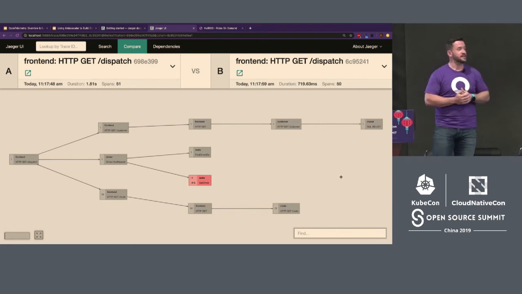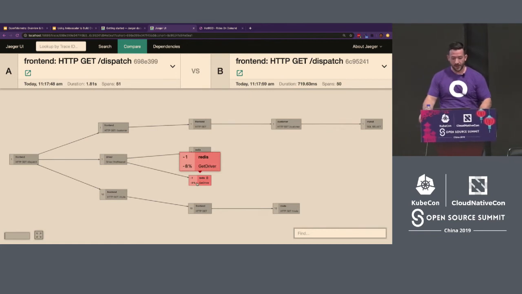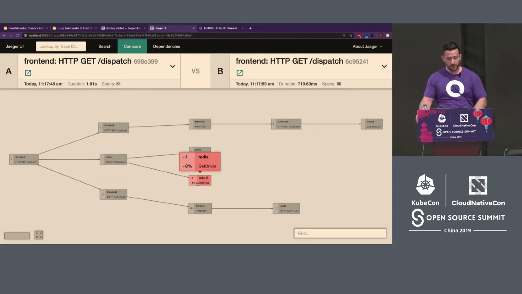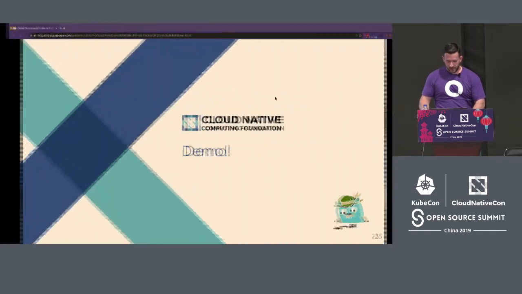So in this case, you can see the call that took longer actually had the Redis call, and that's the call that timed out. So in this trace, I can see that Redis was causing the problem that resulted in this 1.8 seconds, whereas a typical call path is typically under a second, about 700 milliseconds. So it's very easy to compare what a trace looks like against another trace, looking for differences. This makes it easy to do problem isolation and determine where you should be focusing your efforts going forward. So that's a very quick demo of the Jaeger UI.